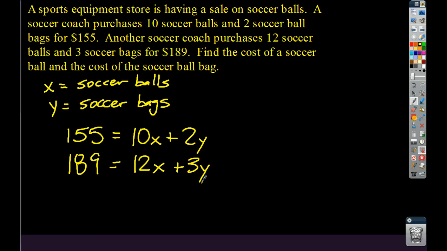Okay. Let's take a look here. One way we could do this is you actually could divide this one by 3. And in doing so, you get 1y here, because 189 is divisible by 3. If you add up all the digits, right, 1 plus 8 plus 9, you get 18. 18 is divisible by 3. So you could do that. But